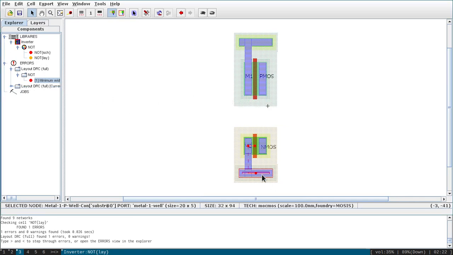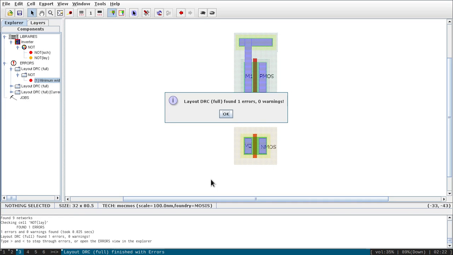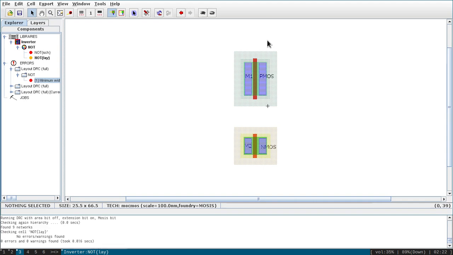I think it is to do with this. If I delete this one, there will not be any error, I think. No error, still there is an error. If I delete this, then let me check. Yes, there is no error. I think the error is here at the